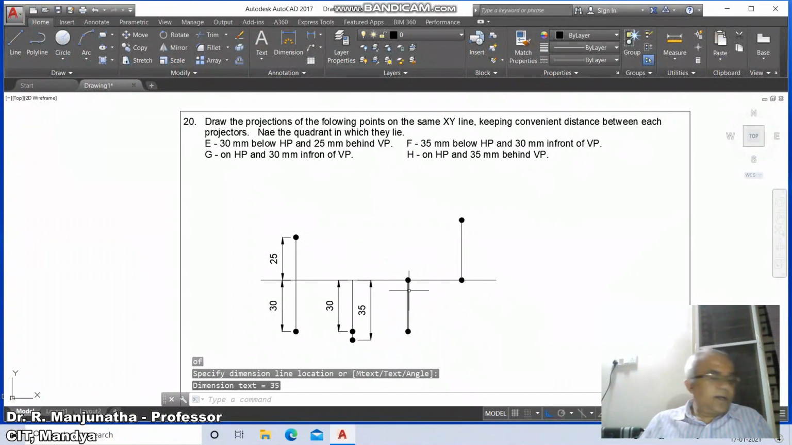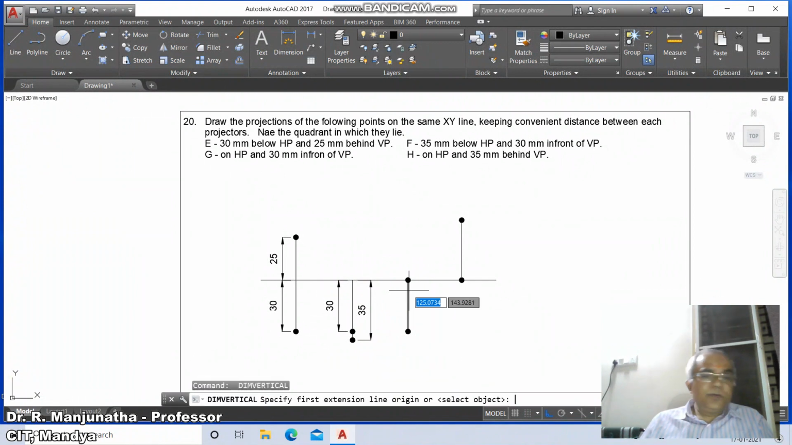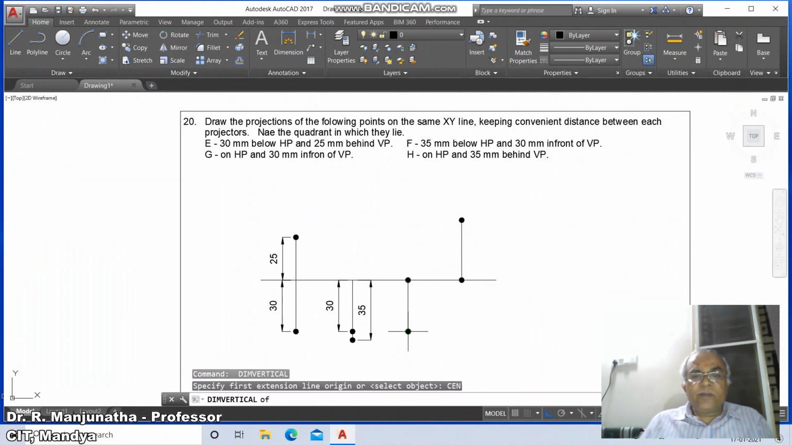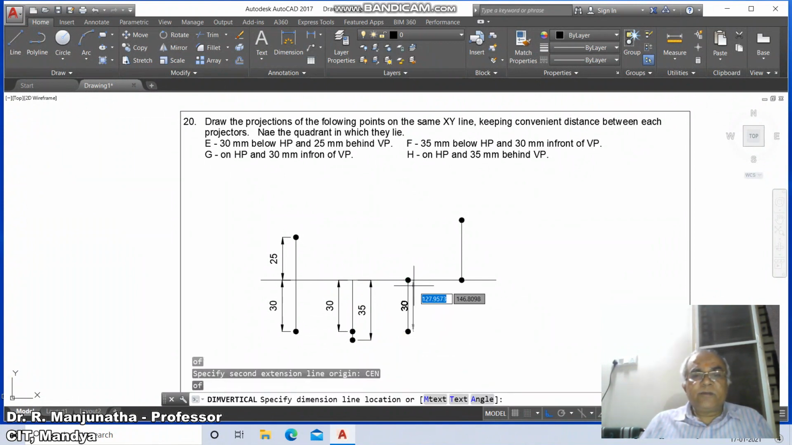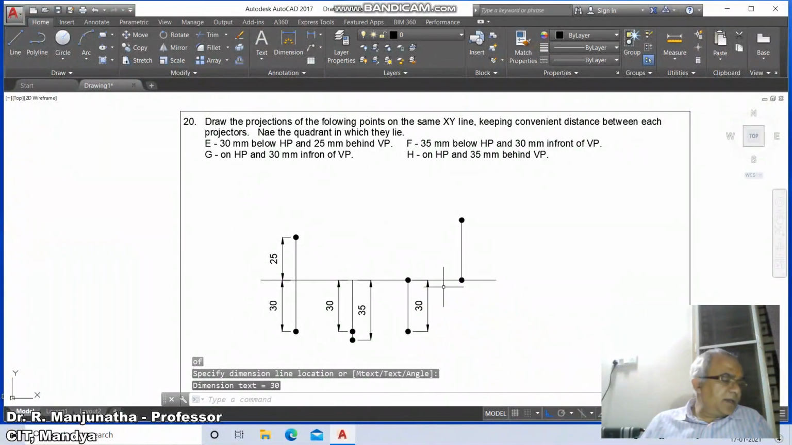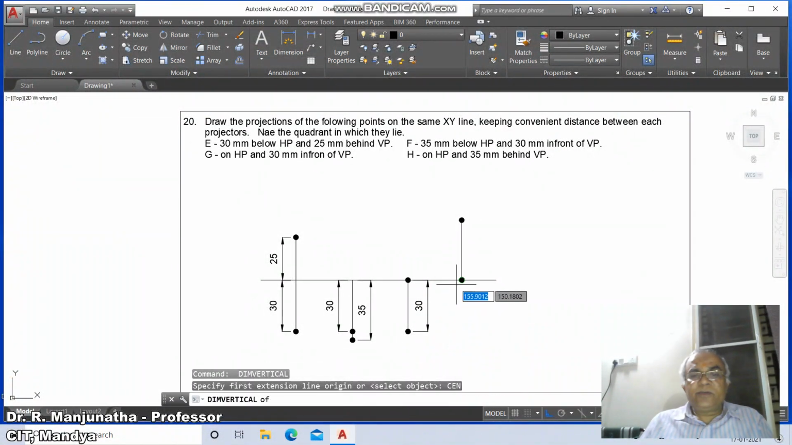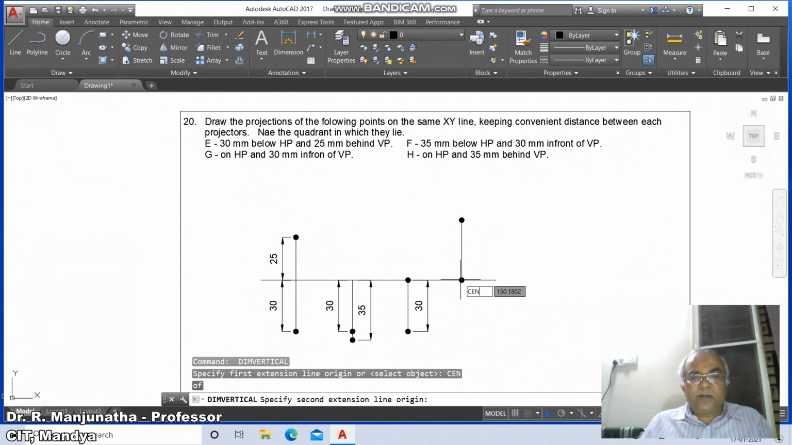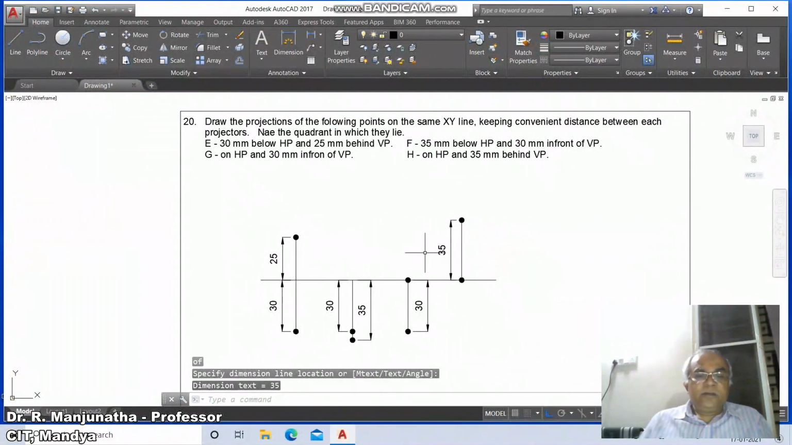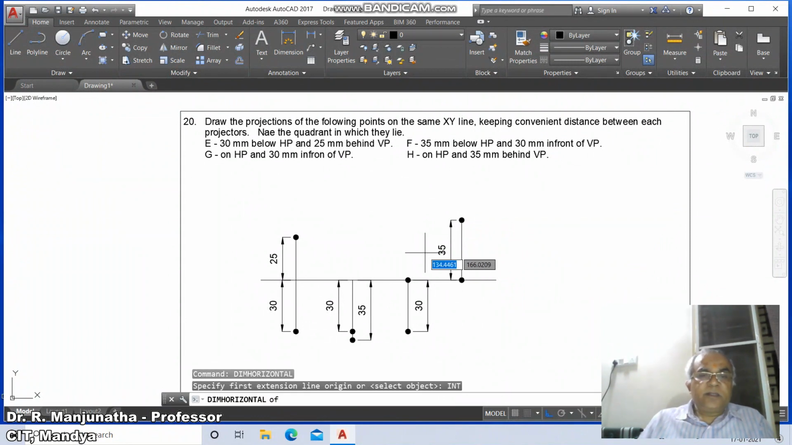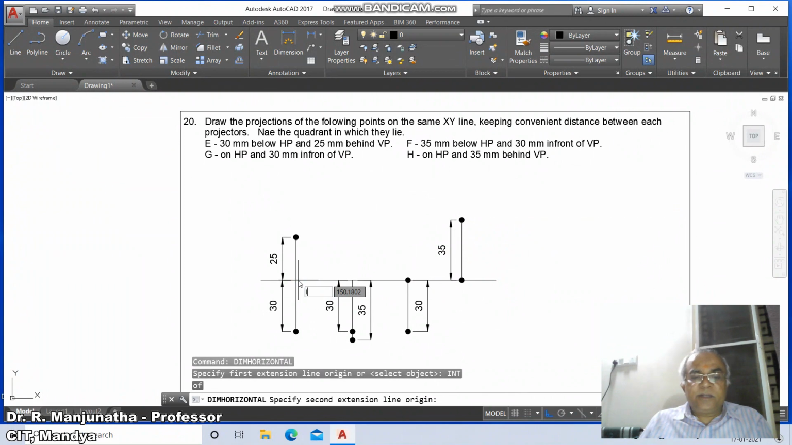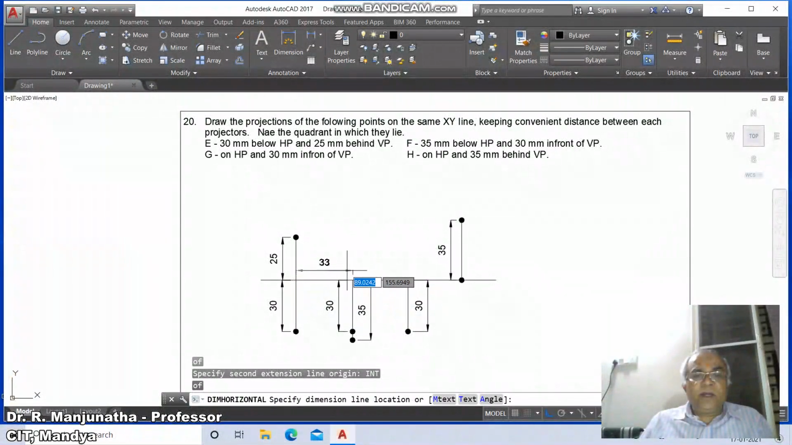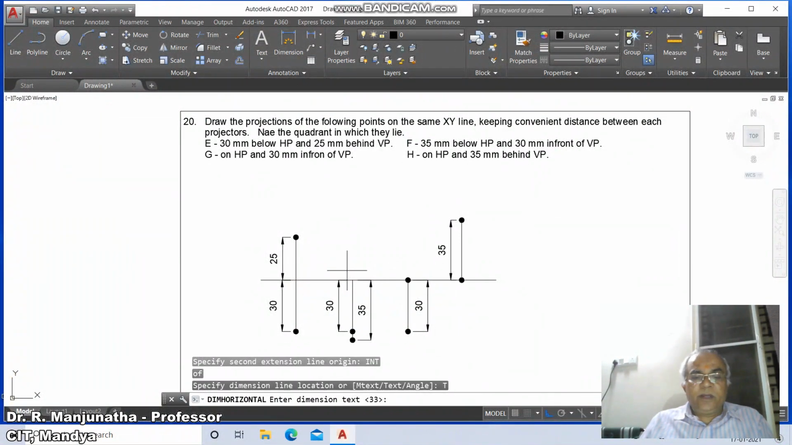So this distance is 35. Then go to center of this and take center of this, and this distance is 30. Go to center of this and go to center of this. So this distance is 35. Then go to dim horizontal, take intersection of this and intersection of this, and here go to text and give